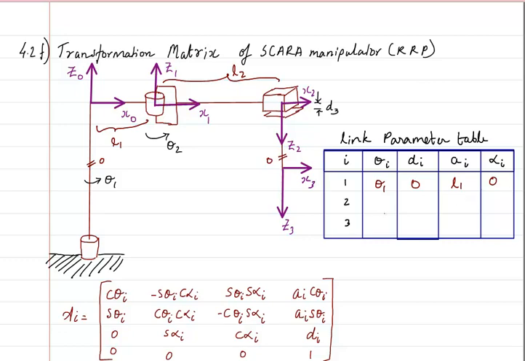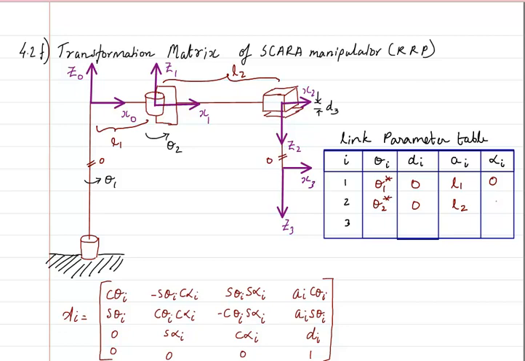Going for the second one, x1 and x2 are already parallel, but there is a variable theta 2, which is a joint variable. Is there any need to move d i? No, because x1 and x2 are already collinear, so this is 0. Now to make x1 and x2 overlap, I will have to move a distance a i of length L2. In that case, Z1 and Z2 are in opposite directions. Though they are on the same line, they are in opposite directions.